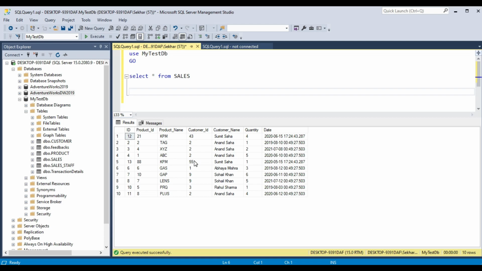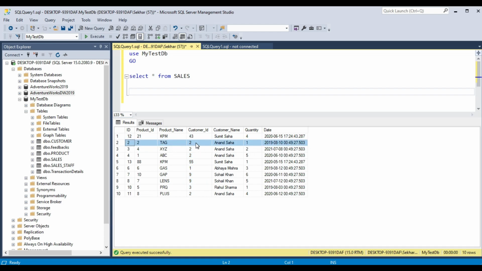So let's try. We will find out a few customers, right? If you can see this column customer ID, these are basically different customers, and a few customers have done different orders. So basically one record is kind of an order.